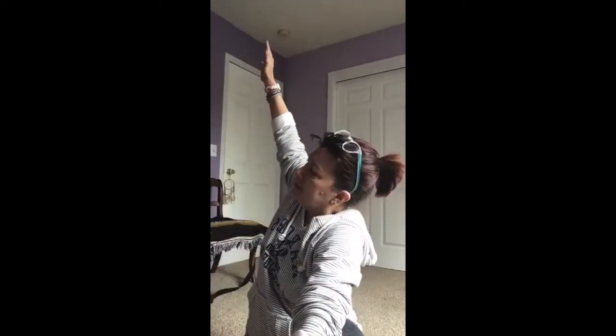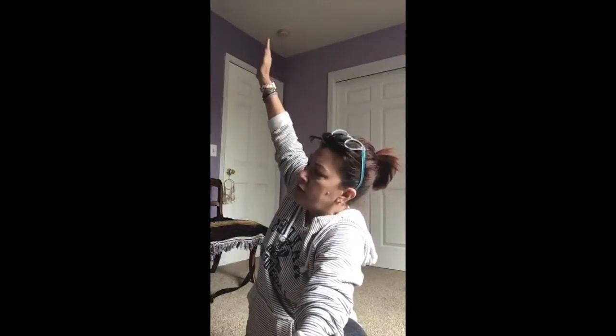And we're going to come into side plank. So hopefully you're engaging through your core right now, lifting through the hips and the thighs. And you can either take your toes together and roll to the outside edge of the right foot, or take your right knee down right under your hip and kickstand that foot off. Either way, you're going to breathe open into your side plank, lifting the left hand, staying strong through the right,